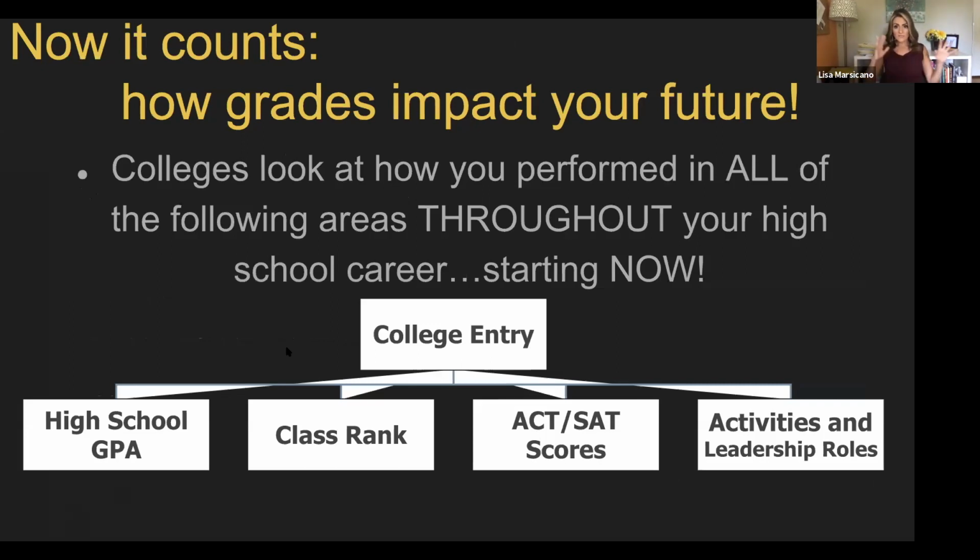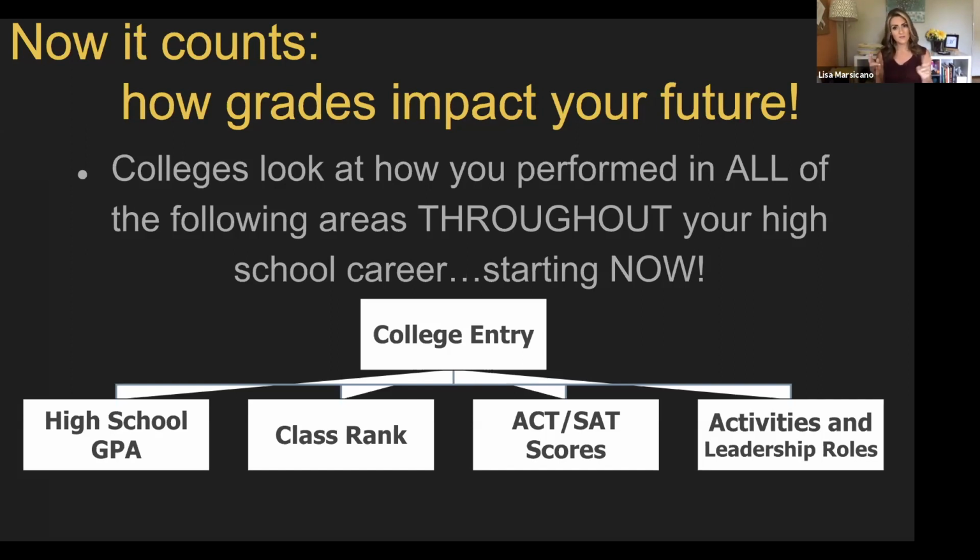So now I do like to touch on this. I know some of you are in high school, some of you are just getting started this year as a freshman. And so just very, very big picture. If you're thinking of going to college or wherever you're moving on to, there's a lot of options now available. But if you're looking at college, the colleges look at, and this is going to be fall of your senior year, so it's a ways away, they're going to look at your grade point average, which we'll talk about in a minute.